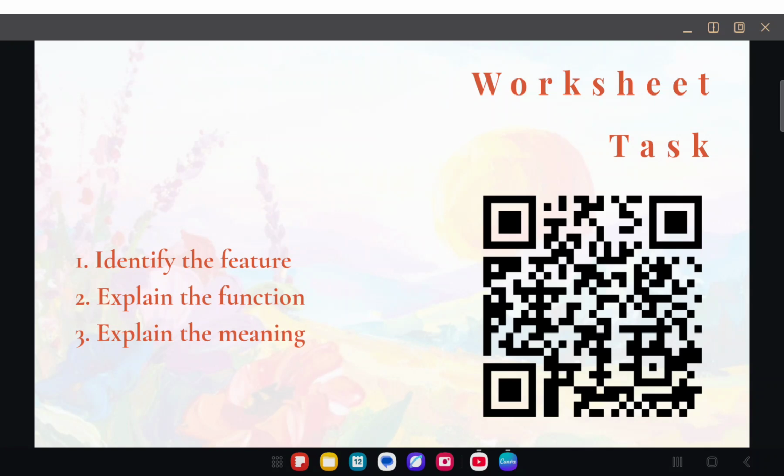First, identify the feature, then explain its function, and finally explain the meaning or effect created in the text. As usual, I hope that you do the task directly after watching this video. I hope that directly doing the task will reinforce your understanding.